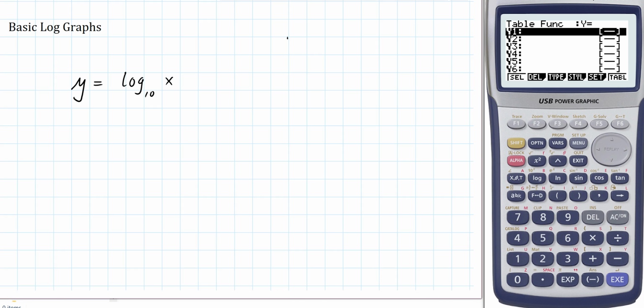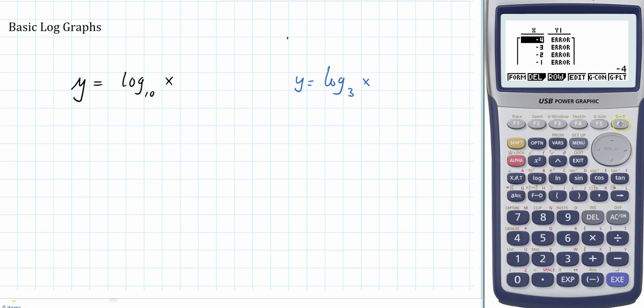So let's go to the calculator and put this equation in. So here's my log button, log of x, quite simple. I press execute, and let's go back and have a look at what the table gives us. Now, we seem to have a problem here because the first four values, when x is negative, I'm coming up with errors. Keep going down. When x is 0, I've still got an error. But when x is 1, when x is 2, it seems to be the case that when x is positive numbers, I'm all right. But something's happening when x is a negative number that the calculator doesn't seem